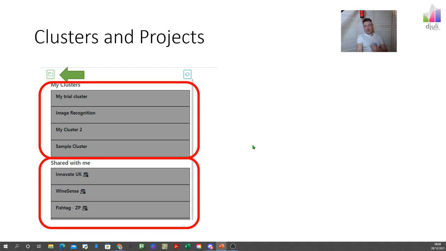Now, it's easy enough to create a cluster. You just have a cluster creation button here. And if you want to refresh and see what clusters you either own or have been shared with you, you can do a refresh here. So that's simple enough. Now, if I dive into one of my clusters called fish tag,